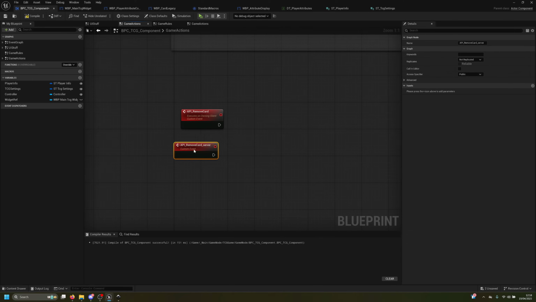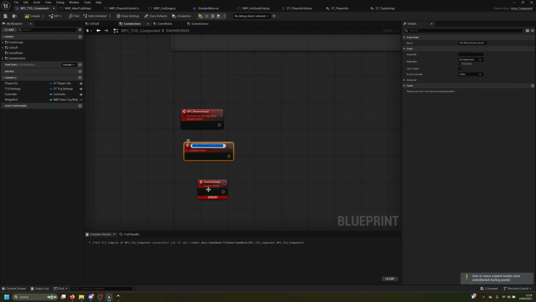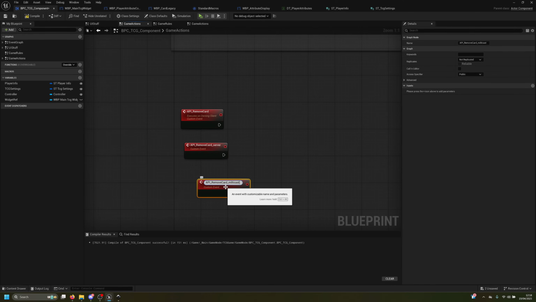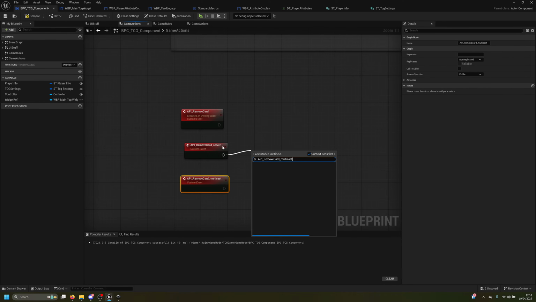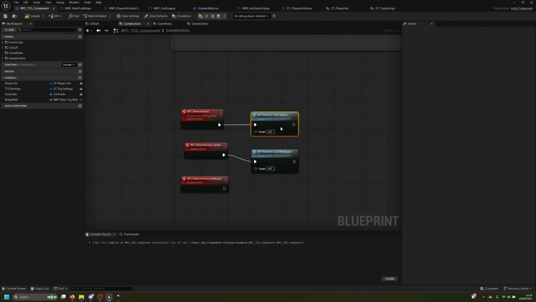And this one here will run on a multicast, which basically runs on both. Multicast. All right. Oh, I mistyped. Multicast. Now, this is called by the server, and the server calls here. All right. Now, of course, we have a challenge that we need to find exactly what card it is, what